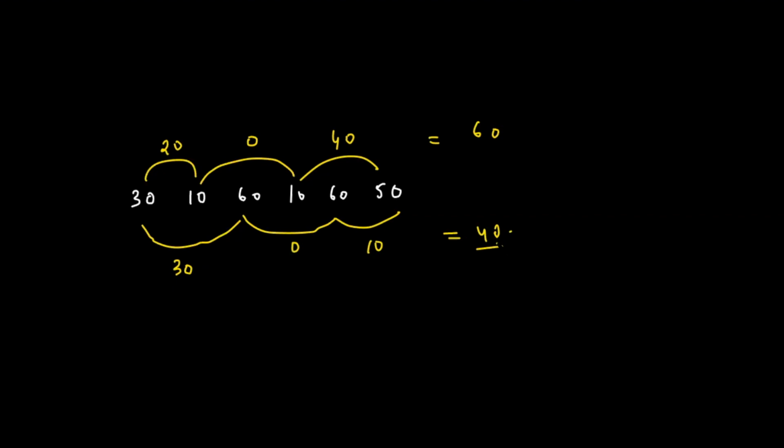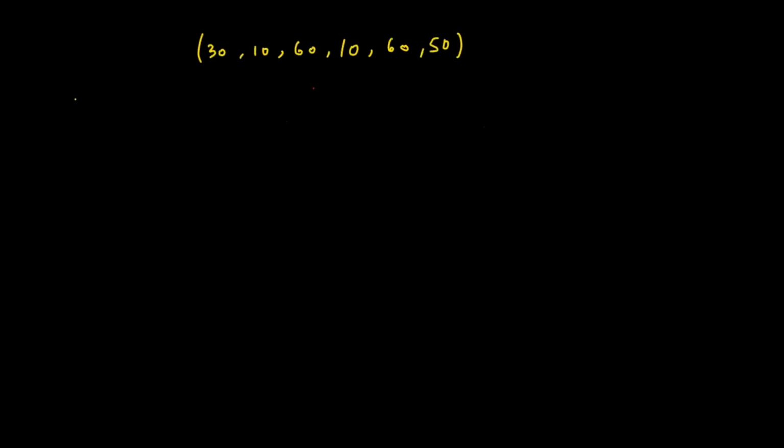So how do you start off? The first thing is you have to try all the possible combinations. To do that, we need to start from the first index. Assume the first index is 0. From 0, we can either move to 1, or we can move to 2. I can't move from 0 to 3 because that is not possible. We are told that we can only move plus 1 or plus 2.